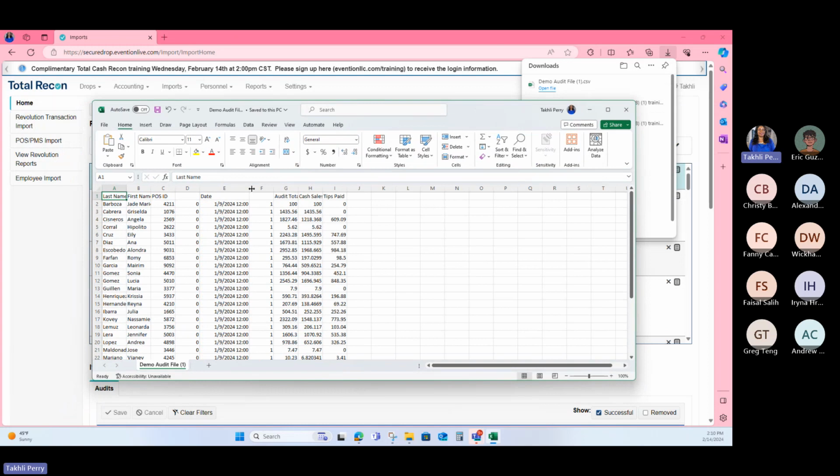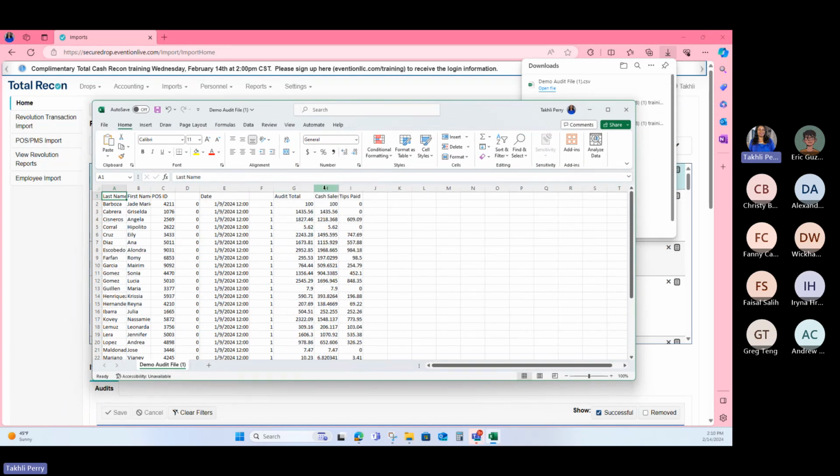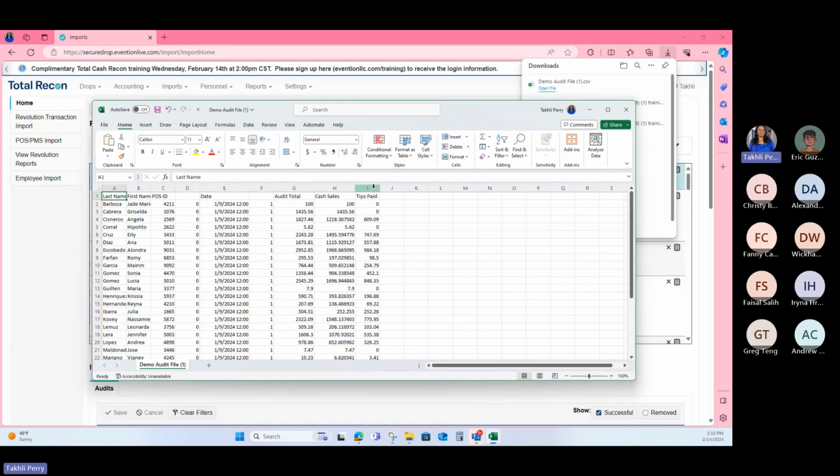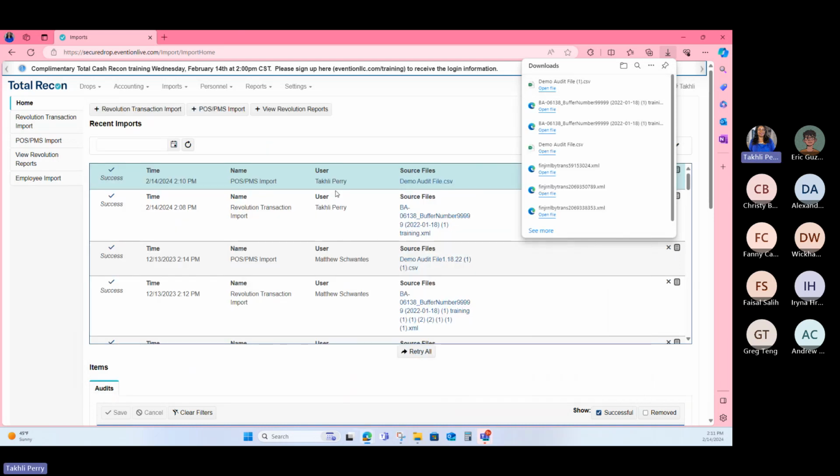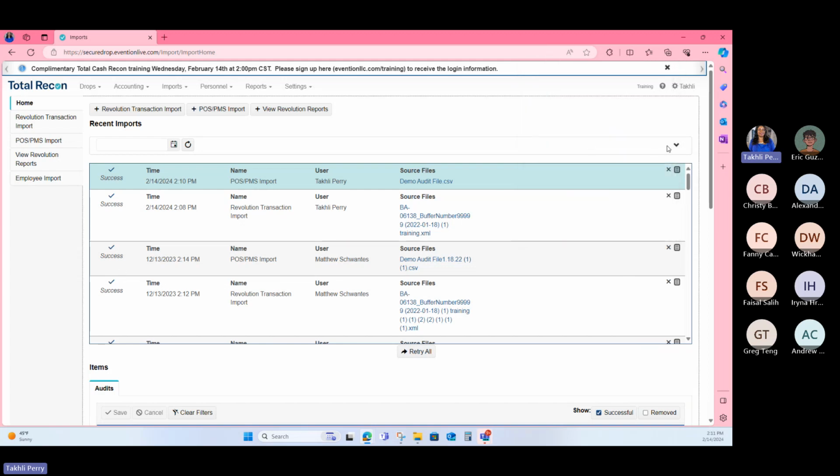Okay, so this report shows all the data captured in this report, and from your Revolution machine, it will show the employee name, ID, date, audit amount, tips paid, and other information depending on the report. And so we mentioned the status over here is successful,